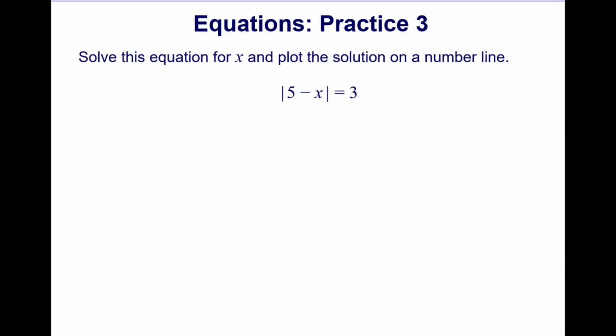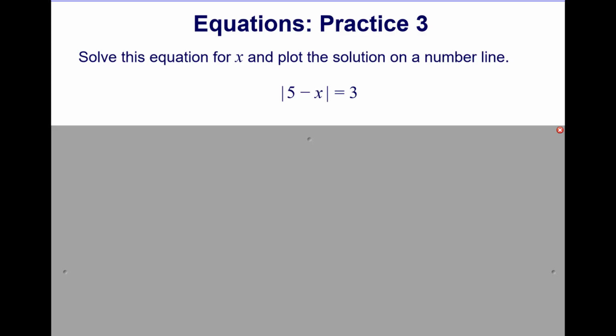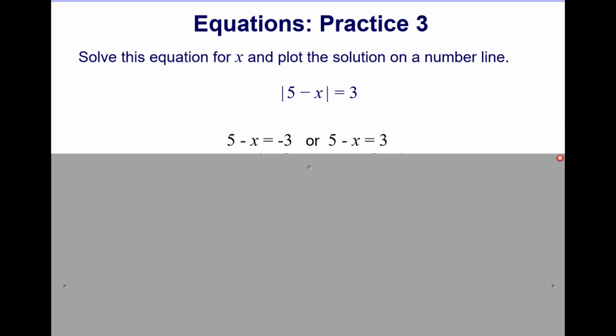Now we're going to consider our third practice problem. This one we are asked to solve for x and plot the solution on a number line for this equation. The absolute value of 5 minus x is equal to 3. Notice in this one, the x is second, comes after the 5. So we can set up two separate equations. We have to consider that 5 minus x is equal to negative 3, or 5 minus x is equal to